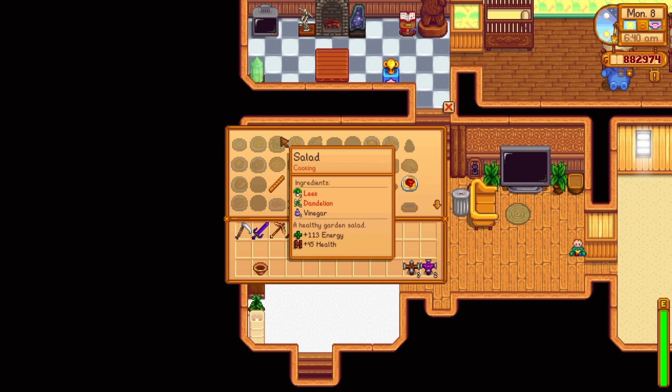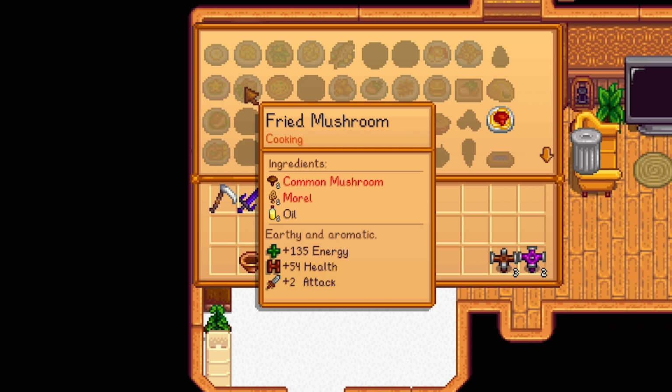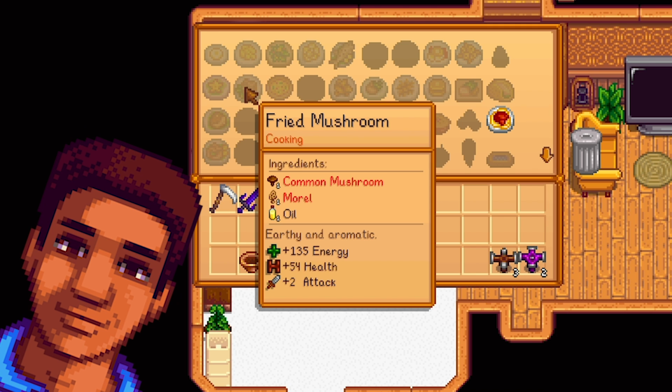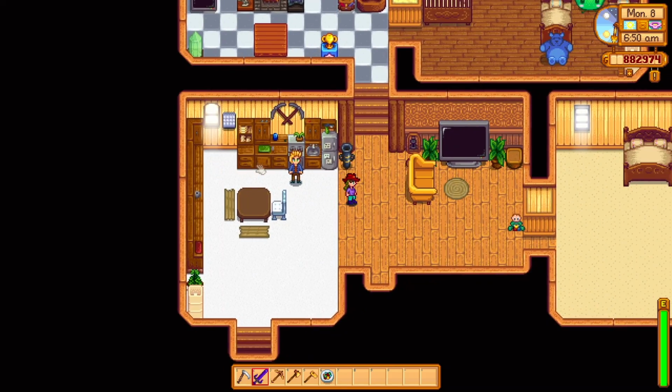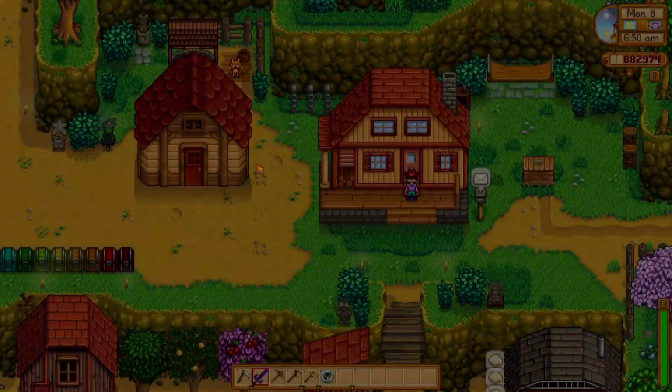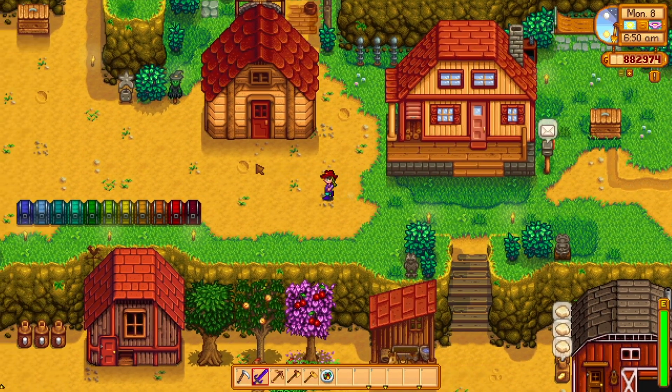So last time I was here, I believe, yes, I have fried mushrooms on my list. This recipe is sent to you when you reach level 3 friendship with Demetrius, and the requirements are 1 common mushroom, 1 morel mushroom, and some oil. Now, I am pretty certain that I have all of these items in my stock already, but I think it's going to be more fun if we actually follow through with a let's play and go and forage for the